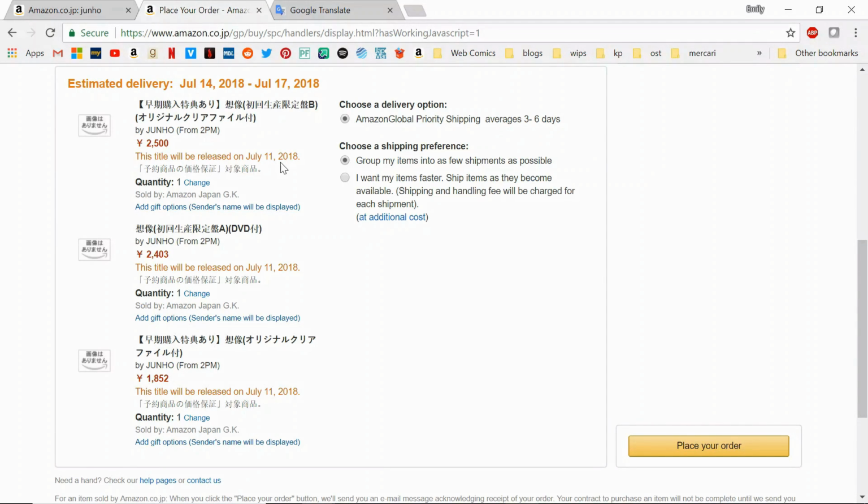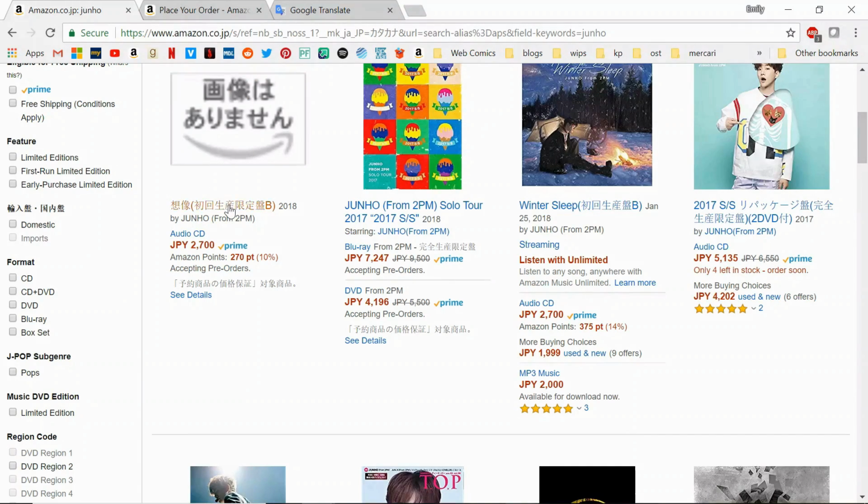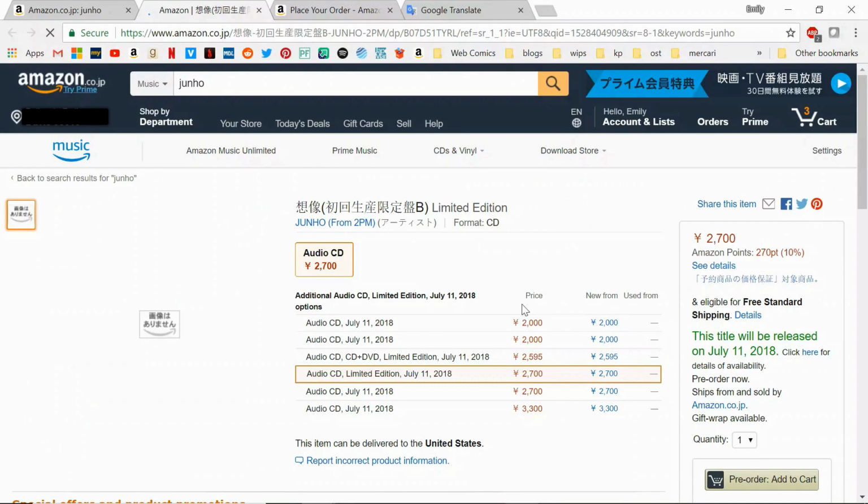And they use DHL shipping for their Amazon Global Priority Shipping program. And that's why it gets to me really fast, and also why it's pretty cheap. I'll go more over shipping prices in a second. But first, I wanted to point out that the yen prices are actually cheaper than what was listed on the Amazon listing. So if we go back to that listing, and remember I